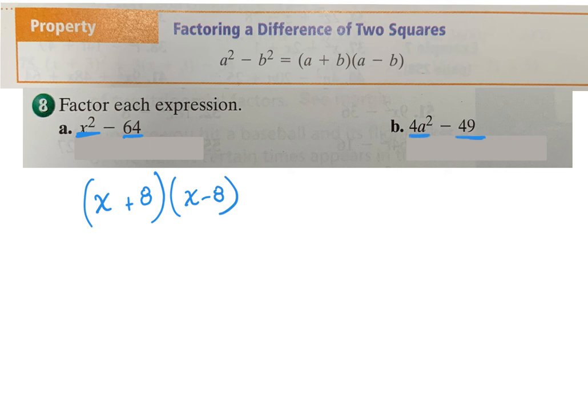This is a perfect square. This is a perfect square. The square root of 4a squared is 2a. The square root of 49 is 7. My factoring will be 2a plus 7, 2a minus 7. So you'll do